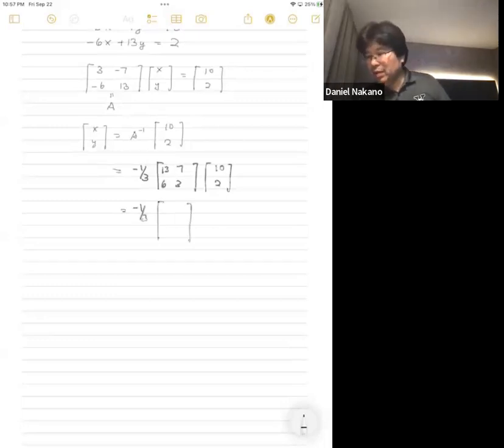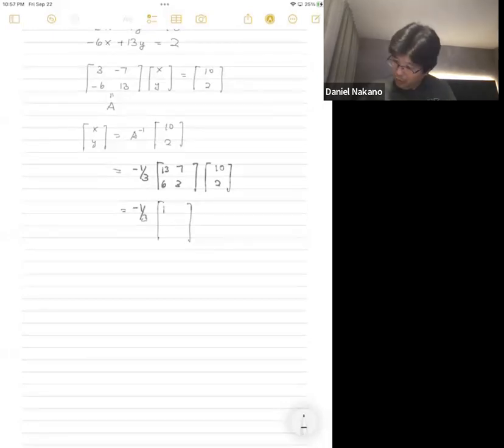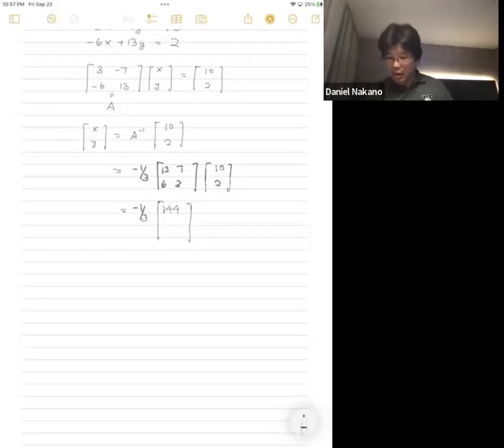Well, you could take the dot product, 130 plus 14, that's 144. And then the dot product of (6, 3) with (10, 2), that's 60 plus